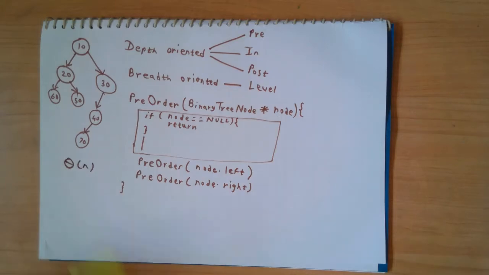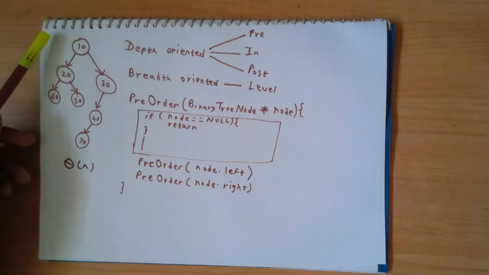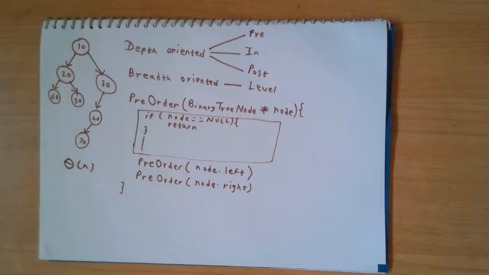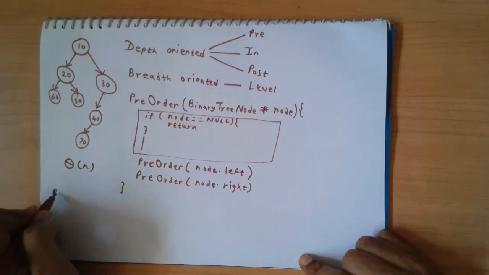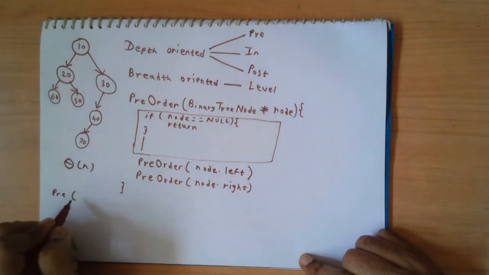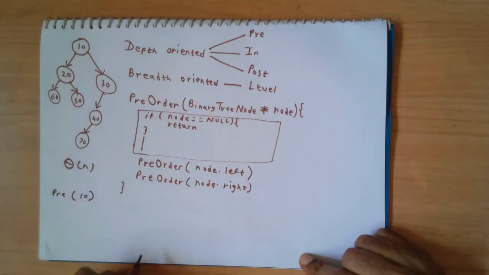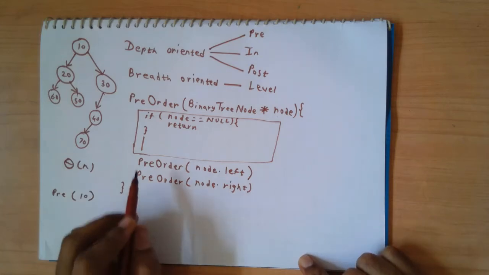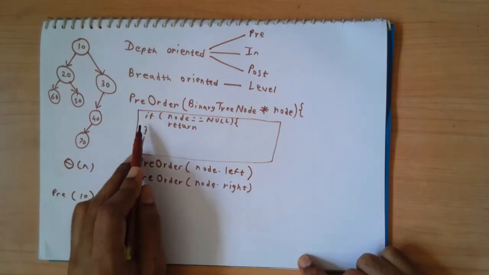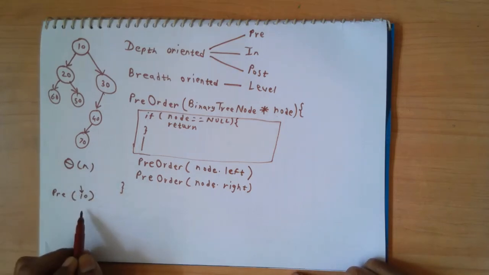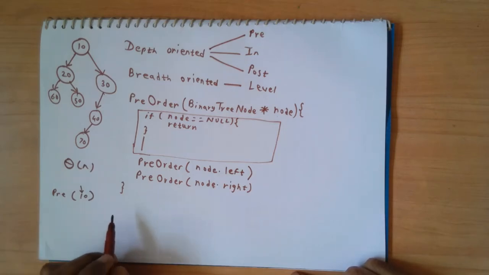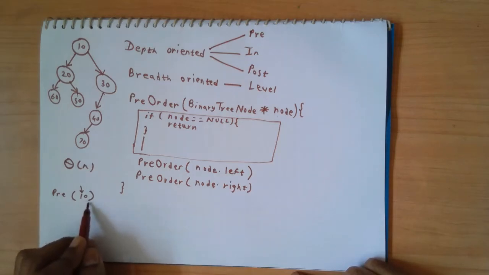So let's see how pre-order traversal would work on this example tree when the traversal specific operation is just to print the contents of our node. So we would start our pre-order traversal with the address of 10. Okay, that's how we will start. We will go inside, and we will check if the node is null. It is not. So remember, even though I am writing here 10, it actually means the address of the node that contains 10, the root. So this is not the value that we are passing, but the address that we are passing.